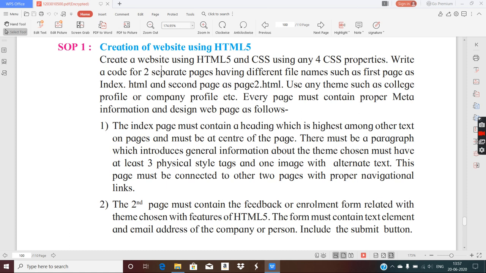So for now we have not covered meta. We will ignore meta for now and cover up the rest of the question. So what is the requirement of the first page? Let's do whatever it said. So first of all they said to create two web pages. The name of the first page must be index.html. Okay, so I'll open a